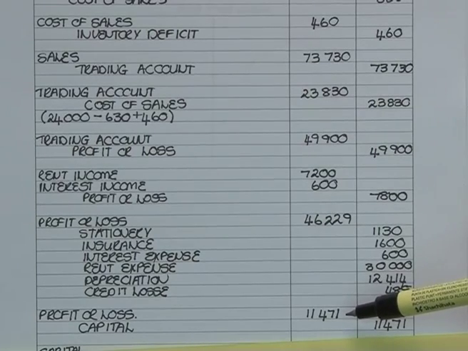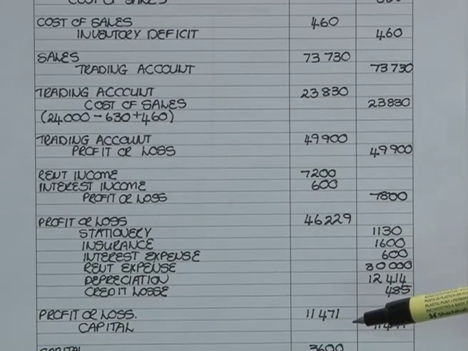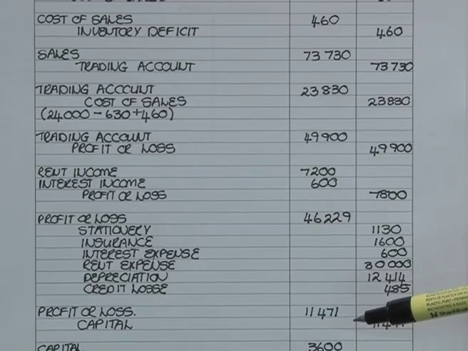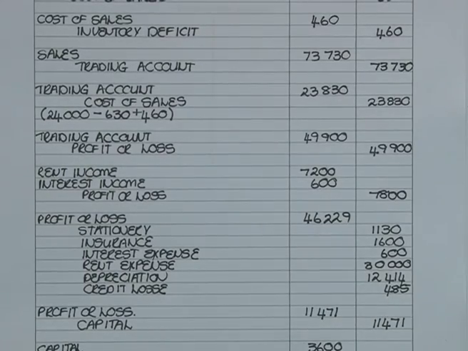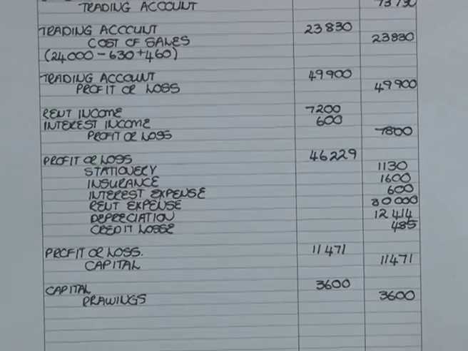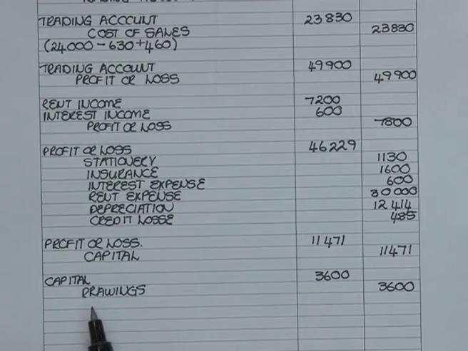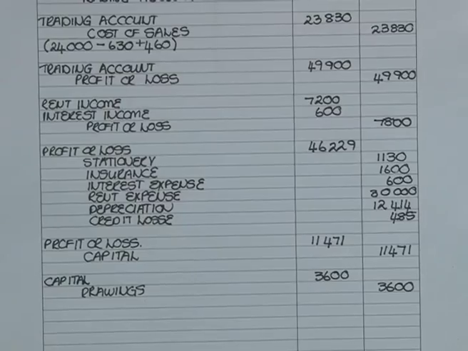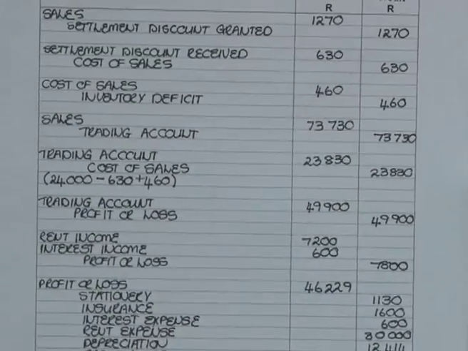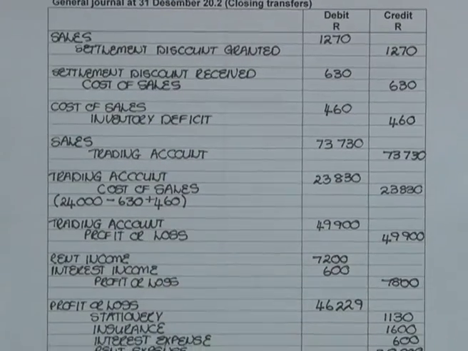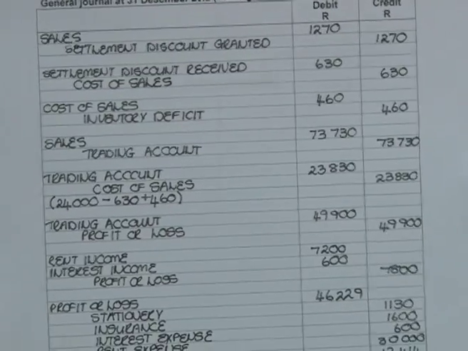We can also not stop here, because if the owner had already taken items from the entity, he can't take it again. So we will have to close off the drawings included in the post-adjustment trial balance. And to get rid of a debit, we credit the drawings. So we close off the drawings account on the credit side, and we debit the capital account of the owner with the 3,600. So at this point, we've closed off all the income and expenses, either to the trading or the profit or loss account. And now I can show you